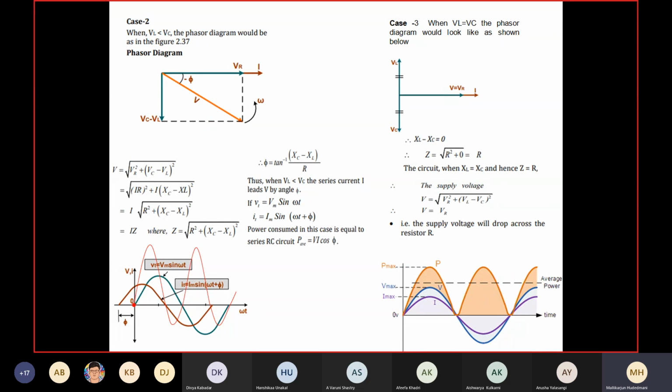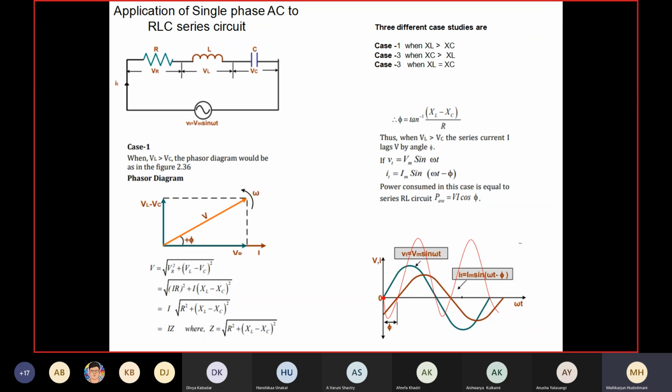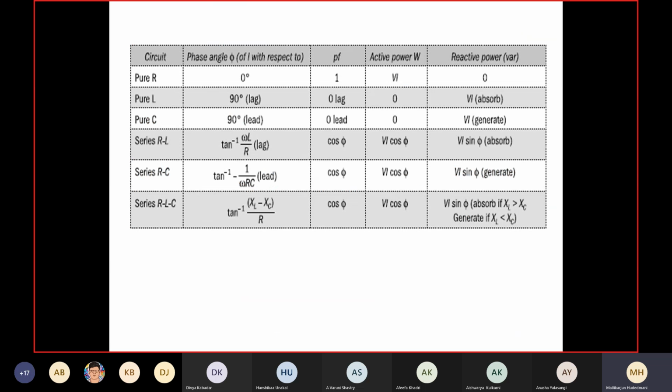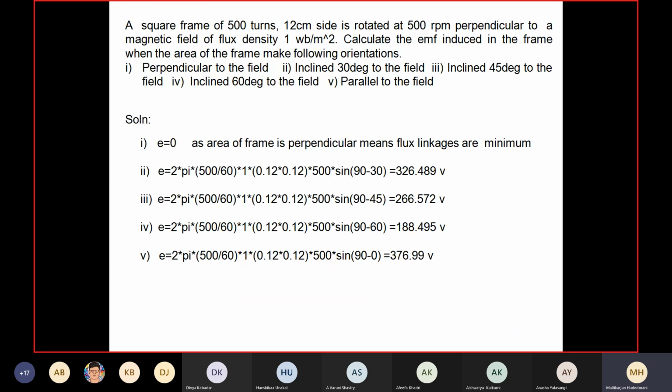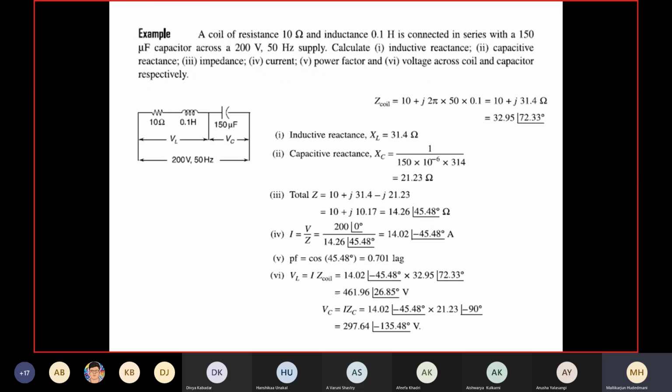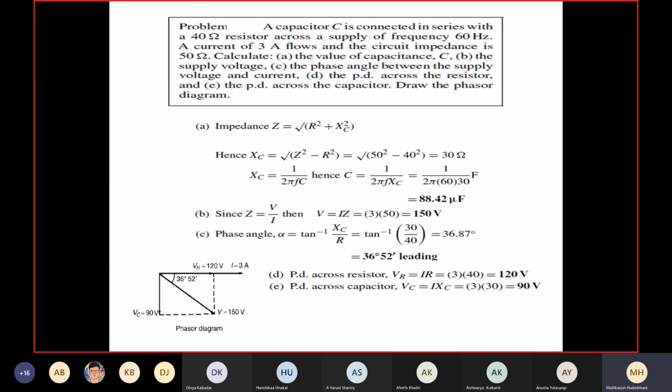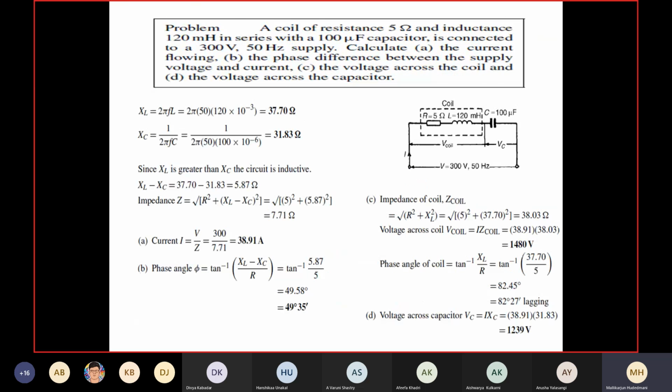So in the next class, we go ahead with series RLC and we will go with some numericals so that we will be able to get a concept of application of single phase AC to a physical circuit. This is how work should go. Then we begin with simple parallel circuit. A simple series cum parallel circuit is called a mixed circuit, in the coming classes, one after another.